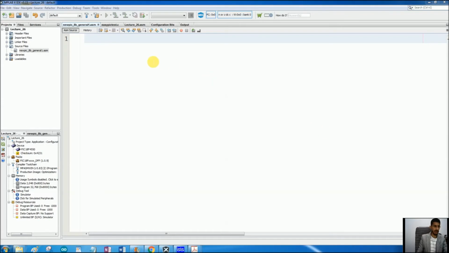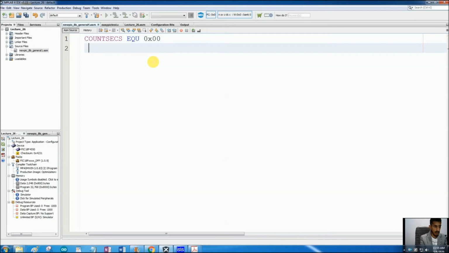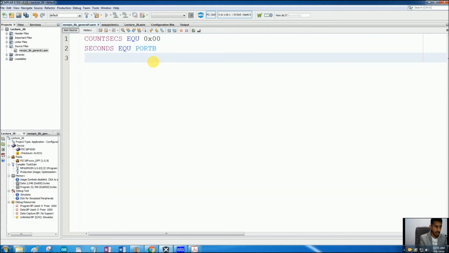Okay, so let's start writing the code. Let's equate the count for seconds: count seconds equate 0x00, then seconds equate port B because it's an 8-bit port, and then for delay I will equate R1, R2 and R3.